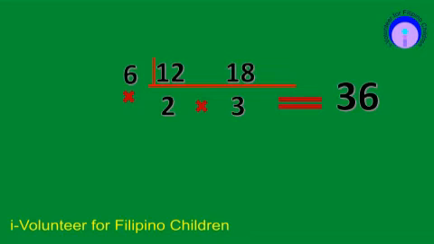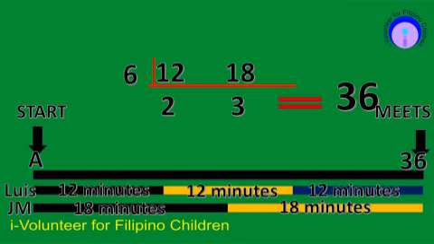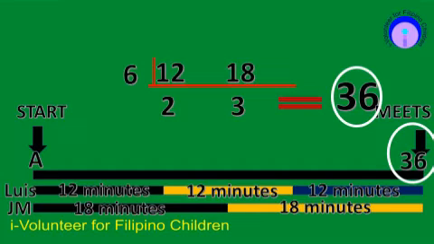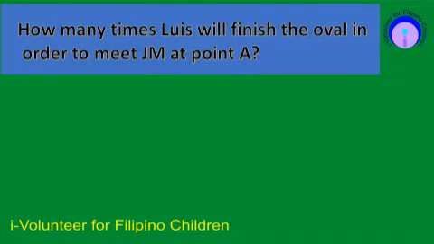Mas mabilis? Did we get the same answer from these two methods? Yes. To summarize, after 36 minutes, JM and Louise will meet at point A. For another side question,